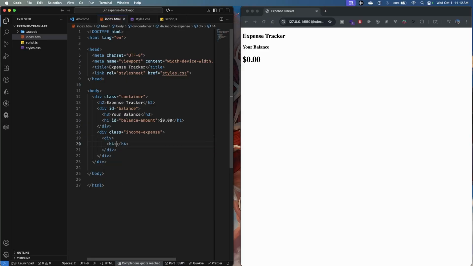We are going to have an h4 where we have the income, and then a paragraph tag, p tag in this case, with the ID of income. And let's add a class of money plus, and right now let's put the plus sign and then $0.00. Okay, then let's create another div after this one, and this one will have an h4 of